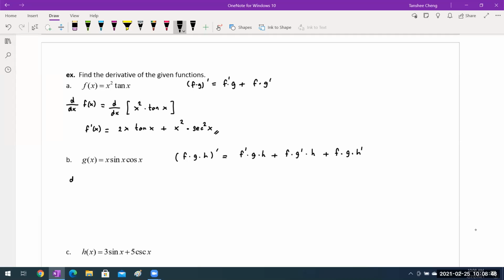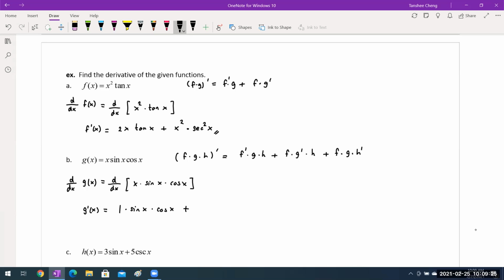So therefore, when I take the derivative with respect to x of g of x, x times sine x times cosine x, I'm going to follow that formula that I wrote down. That's why I always say, always write down the formula. That will help. So the derivative of the first factor, the derivative of x, is 1, times sine x times cosine x,